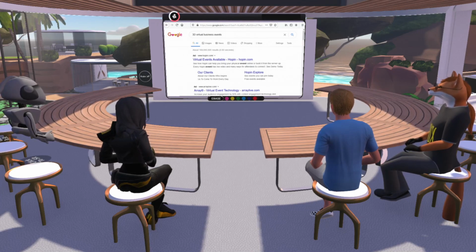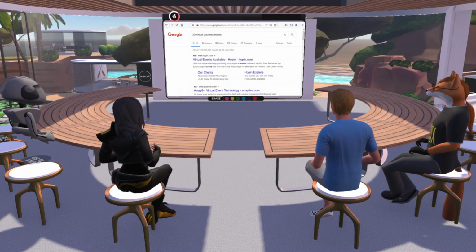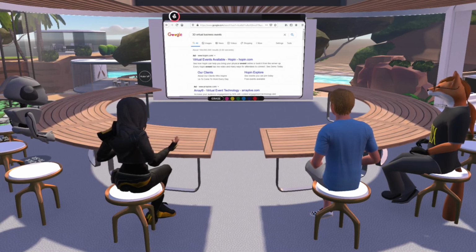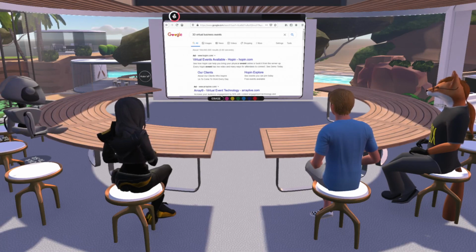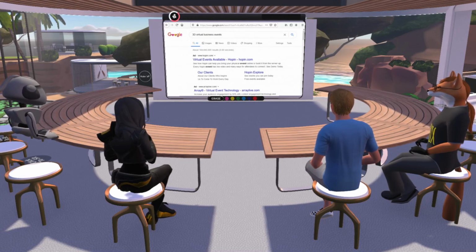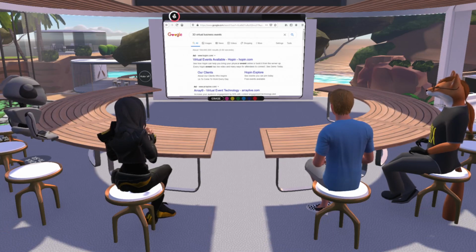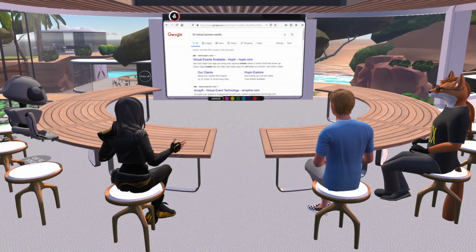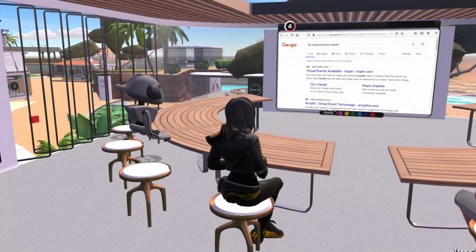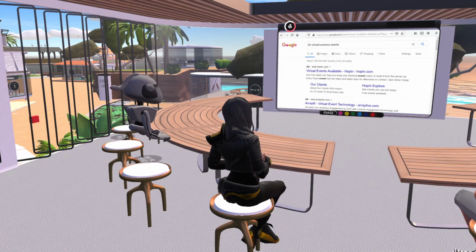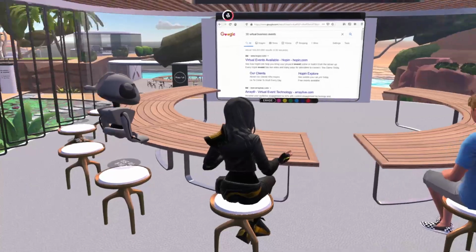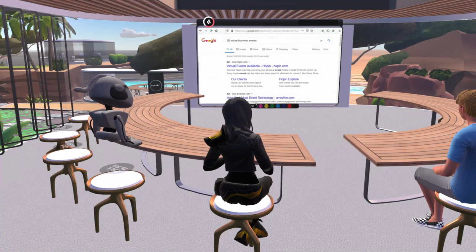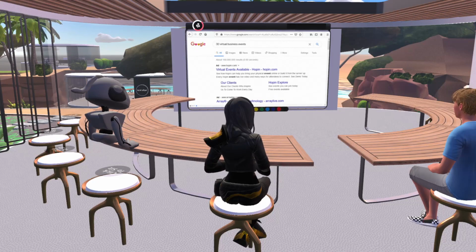Possibly, but we have to remember that a lot of the usage on Vircadia is also CPU limited. So yeah, let me drop my graphics to low actually. Where's my graphics button? If I set this to low, it doesn't even look half bad. But okay, we're at 23%. It basically cut my GPU usage in half, but my CPU is still at, well,